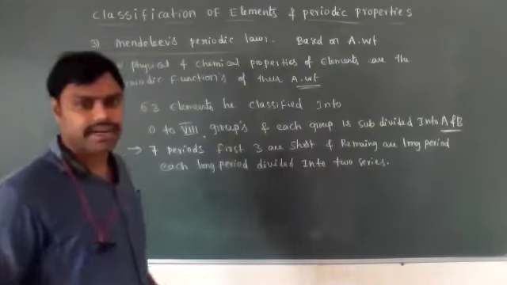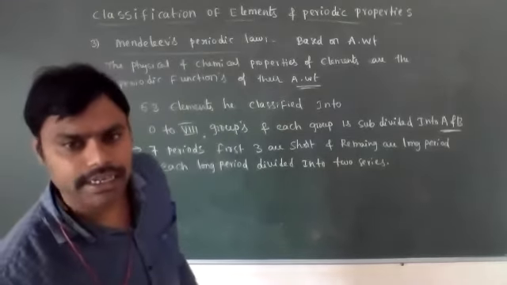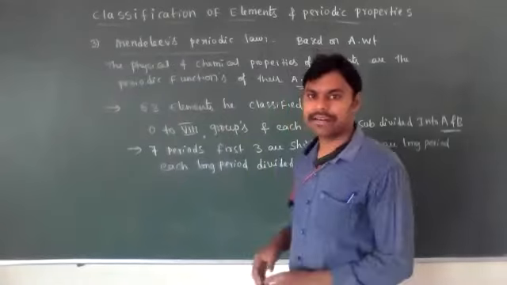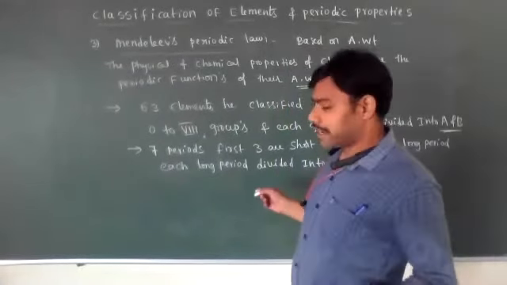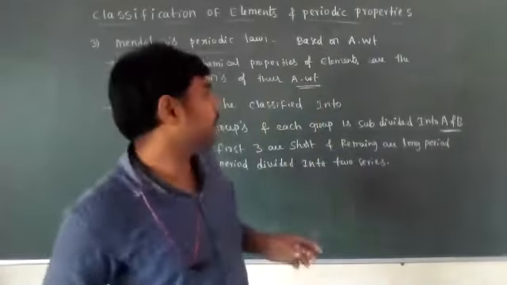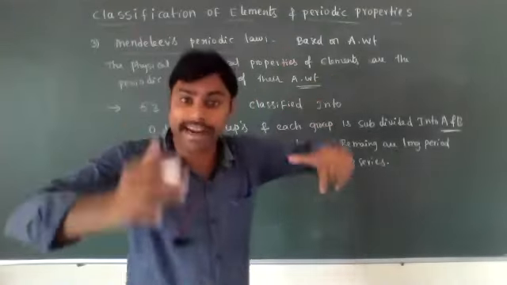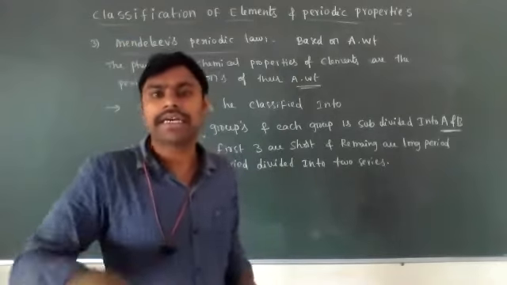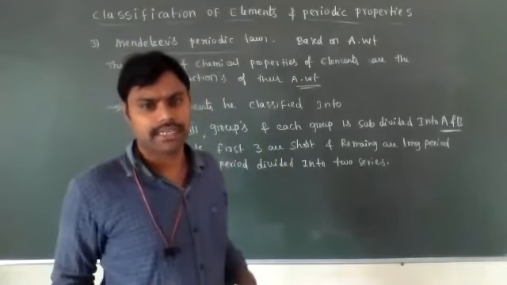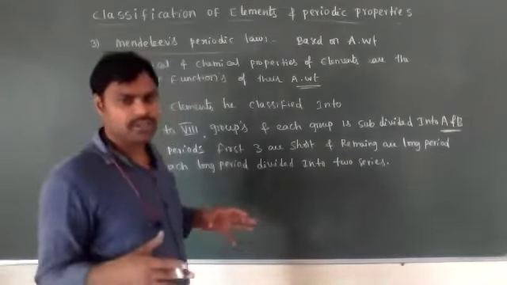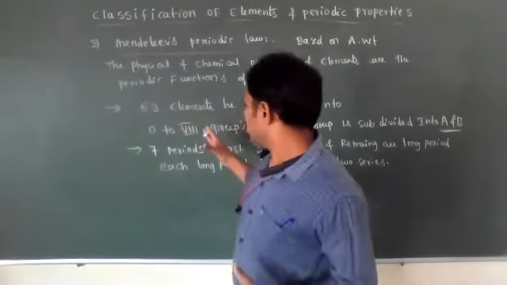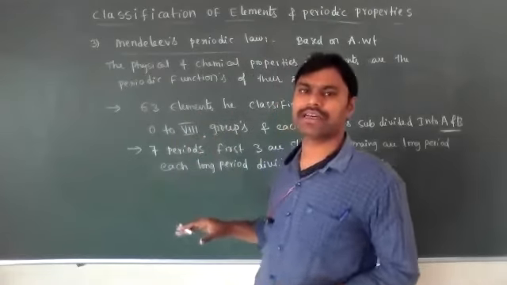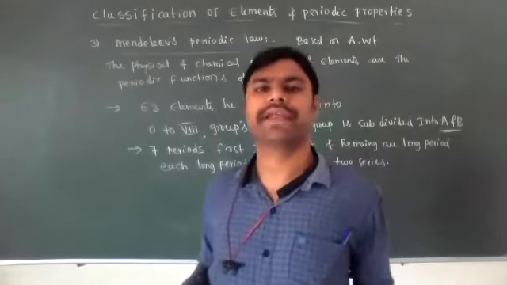Each long period is divided into 2 series, like he arranged the 63 elements. For arranging these elements, Mendeleev considered not only atomic weights, he also considered their chemical properties. That's why he did good work, and he classified almost all elements. That's why it is also called the short form of the periodic table.